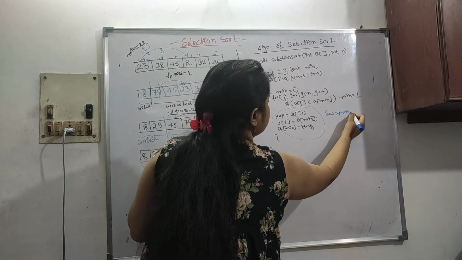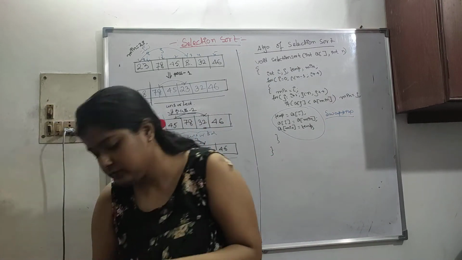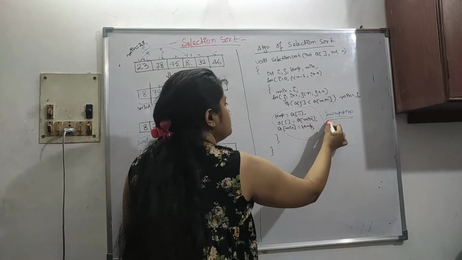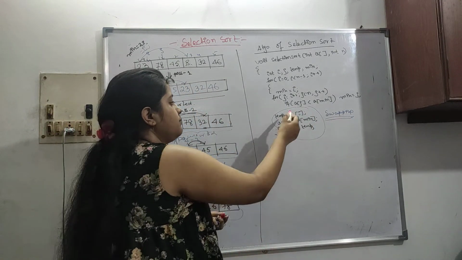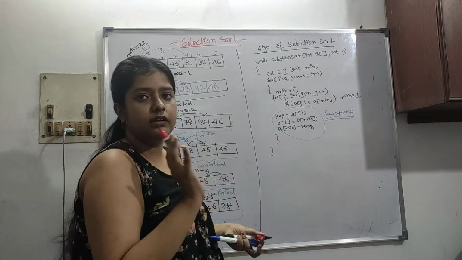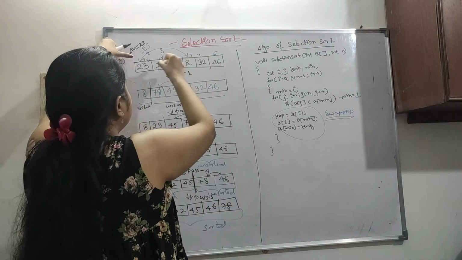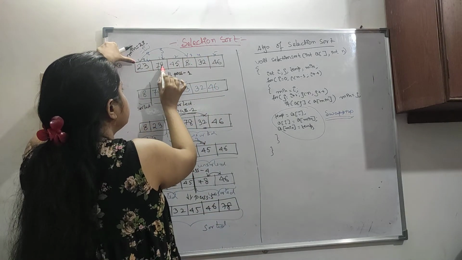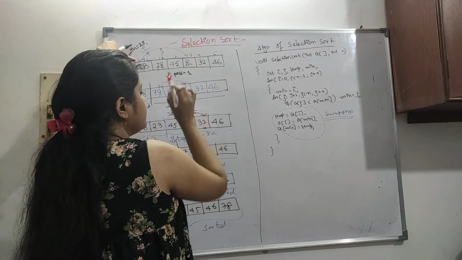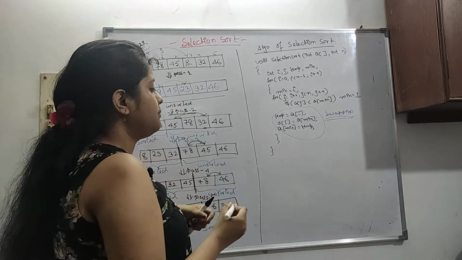So we have seen swapping so many times. I hope this is understandable to you. This is basically swapping. Temp is a temporary variable: temp = a[i], then a[i] = a[min], like this. I have done it so many times. I hope you have understood this. So when 8 and 23, see, going linearly, 78, 45 here, 8. So when it is 8 and 23, they will be swapped like this.